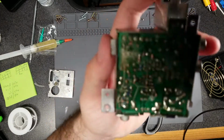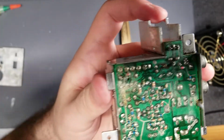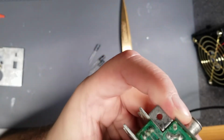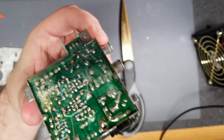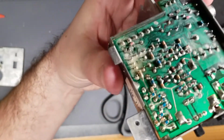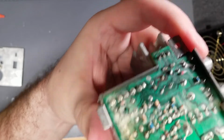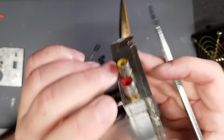My main concern, let's see if I can focus here, is going to be... There's a pointing stick here. One of these pads here might have been removed from the... Let's see if I can adjust the light a little. There, that's a little better. So this, from one of the capacitors, a pad may or may not have been lifted. Not that I can't bodge it next to it